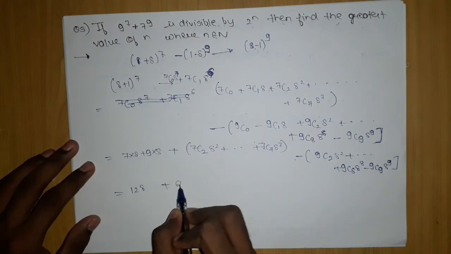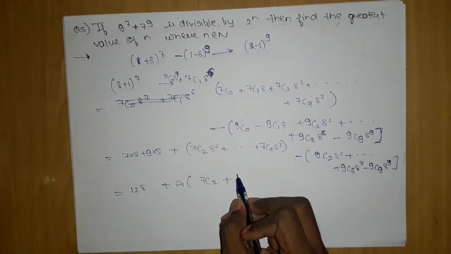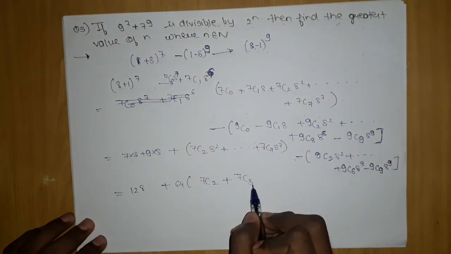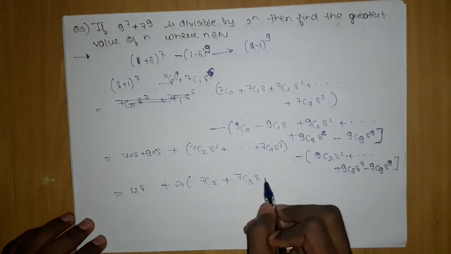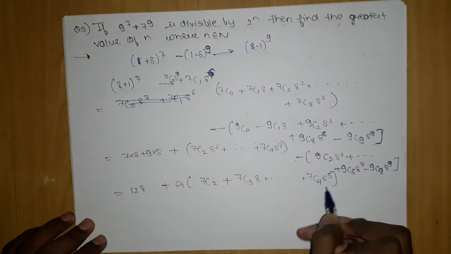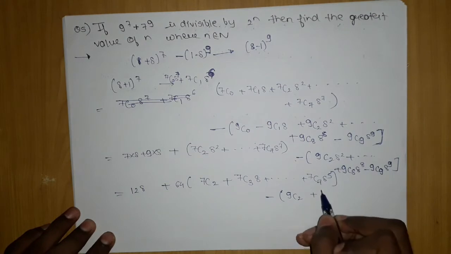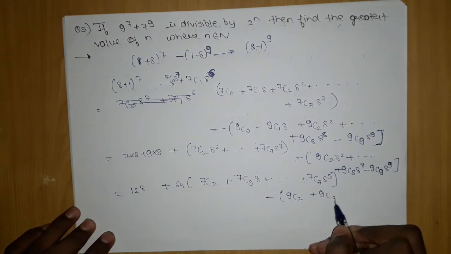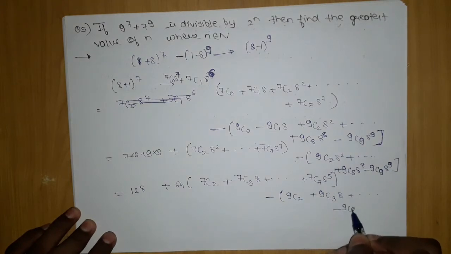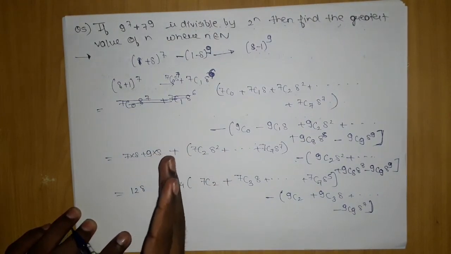If I take 64 outside, we are left with 7c2, plus if we move on further, it was 7c3, which will be 8 only, and this will go on, and in the 7c7 it will be 8 power 5. Similarly here 9c2, nothing will be there, plus 9c3, only 8 will be there, and this will go on till minus c9, here 8 power 7 will be there, because 8 power 2 has been taken common, which is nothing but 64.